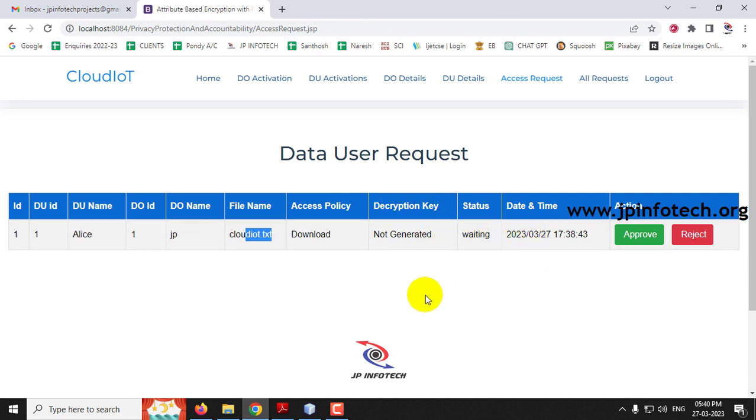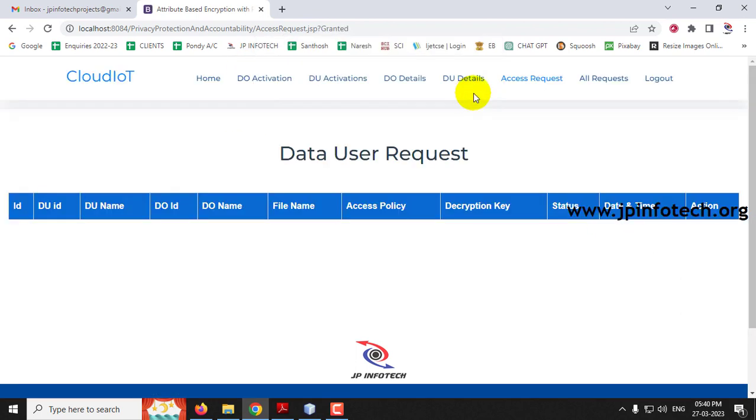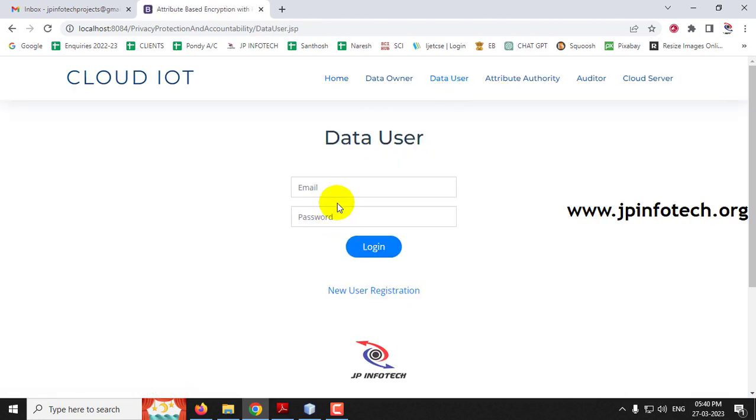Only if the attribute authority approves this can the data user view the file, or else they cannot view the file. So let me click approve, and now you can see the access is granted. OK. And now let me log out, and now let me go to the data user part. So Alice,